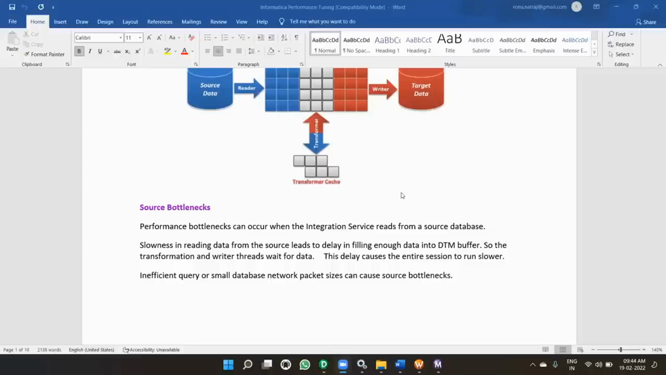Now, why will a source bottleneck occur? Inefficient query, an inefficient source qualifier query. If you write a query which is long running in the source qualifier, obviously it will take time to read. Yes or no, please? Yes. If a query is running a long time,